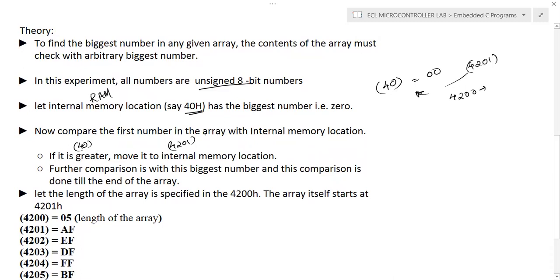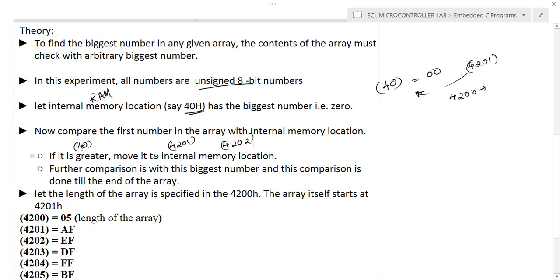After that, we will access the content of 4202 and compare it with the content of 40H. If the content of 4202 is greater than the content of 40H, we will again store the content of 4202 in 40H. That process will continue. So this is the basic idea of this particular program.